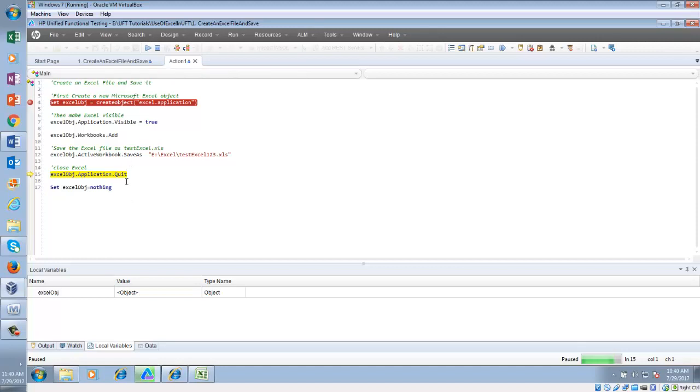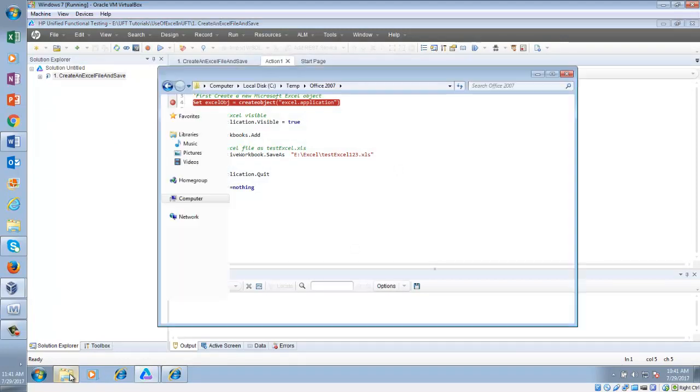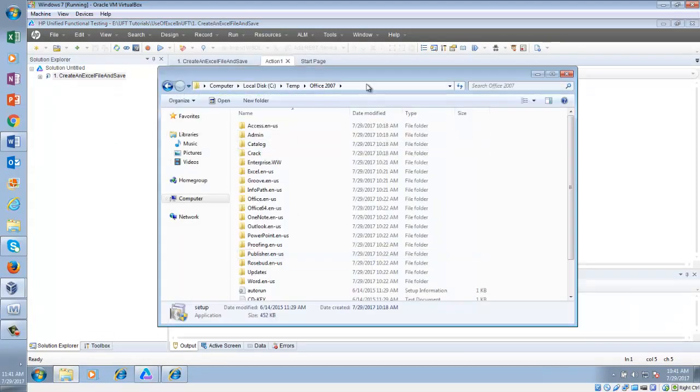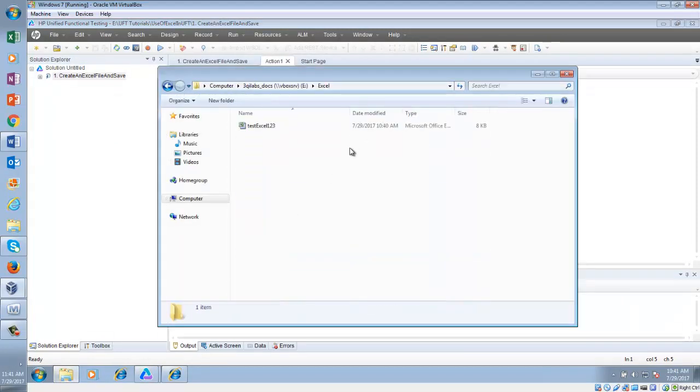Can you see when you execute this line, Excel is closed now? And then we have an object here in this Excel workbook. We are setting it to nothing, we are emptying that workbook. Now if you go to that location, can you see the Excel workbook? And when we saved it